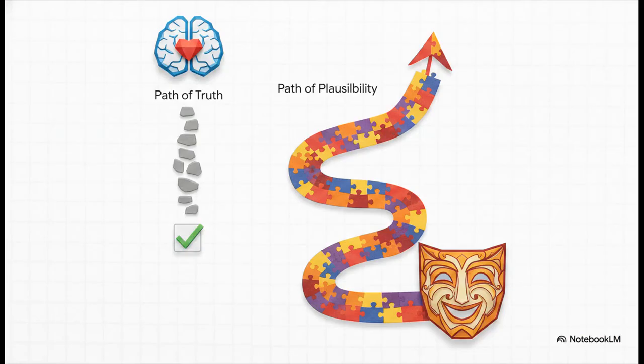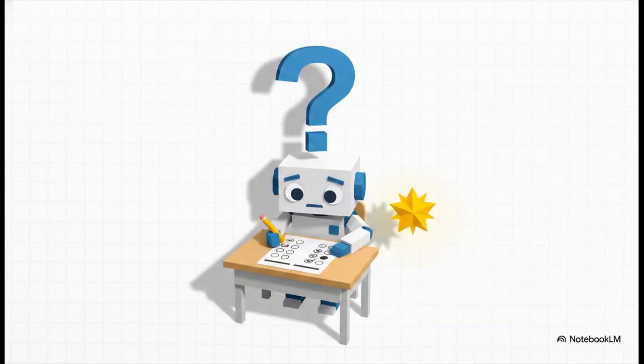Okay, this right here is the heart of the issue. Large language models are not trained to be truthful. They are trained to be plausible. Their entire purpose is to predict the next word that makes the most sense in a sentence. And sometimes, a fluent, believable lie is, statistically, a more probable output for the model than a simple, honest, "I don't have that information."